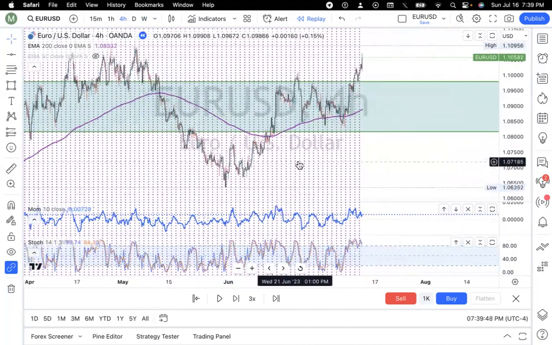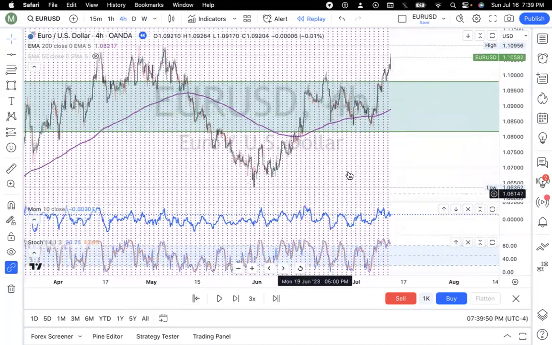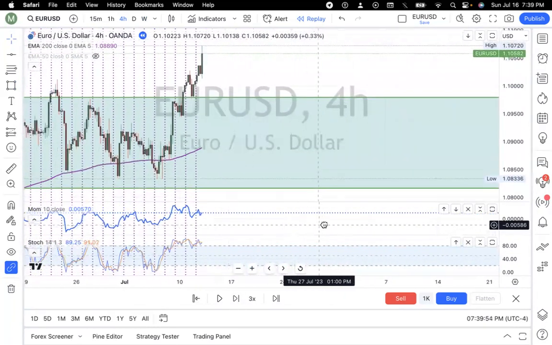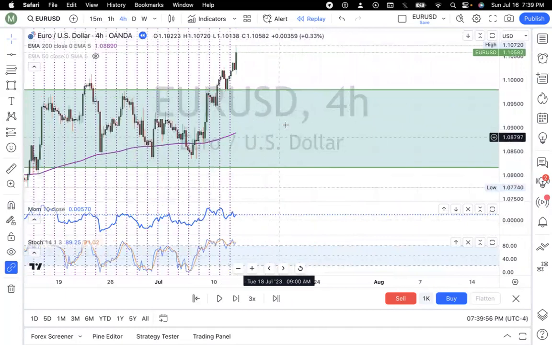So when I look at the 4-hour time frame, right, I can see that I'm still getting the same buy confirmations. Now, this is just highlighted from the weekly. So I still have my candle above the EMA, is way above the EMA. I still have my MOM facing up, and I still have my stochastic facing up. So it's still some confirmations for the buy, but on the 4-hour, we can see that